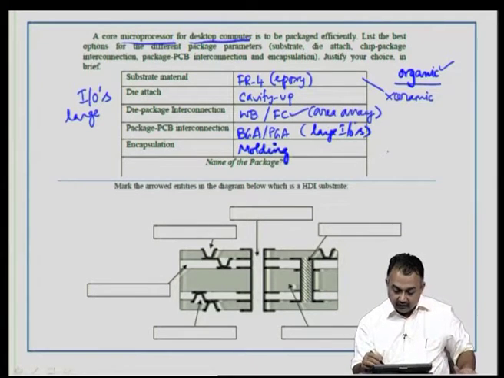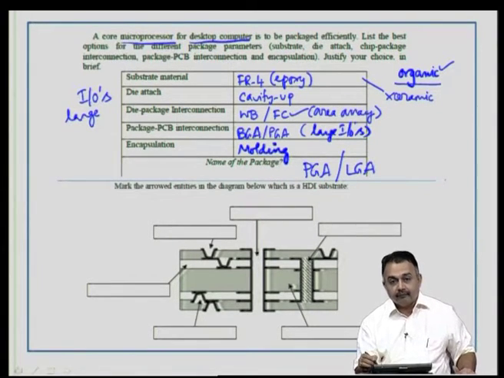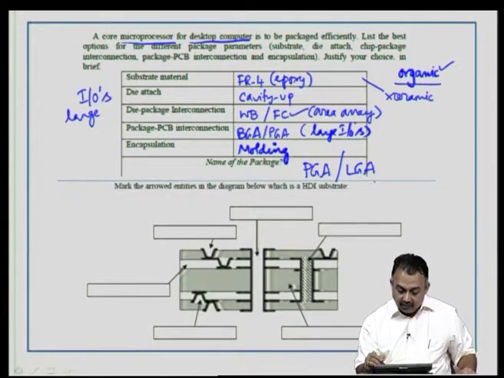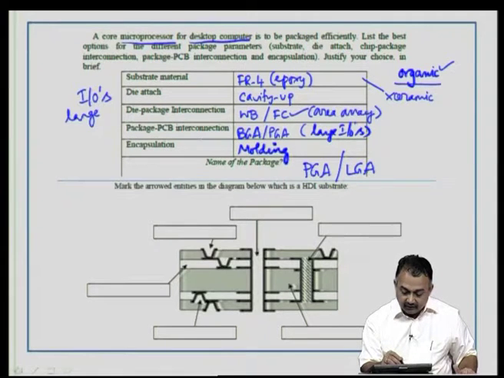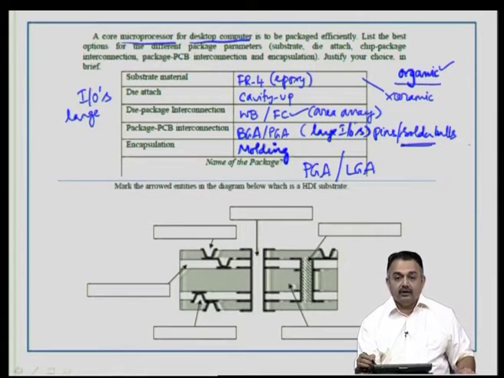So, finally, what type of package will you have? This will basically be a pin grid array. Now, there is one more choice that you can opt for looking at current day technologies. It can be a LAN grid array. So, LAN grid array can also be an area array package, but if you look at package to PCB interconnection, it can be either pins or solder balls. So, depending upon the cost factor, you can either go in for pins or solder balls.